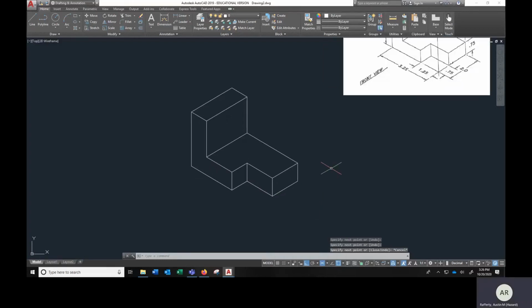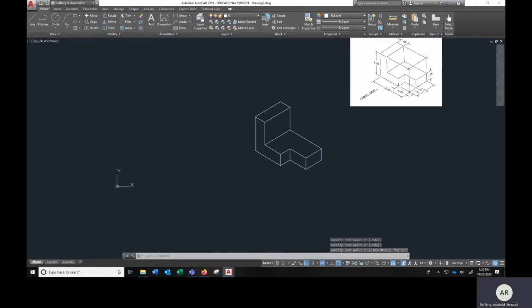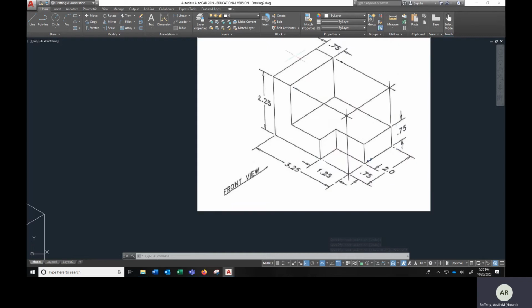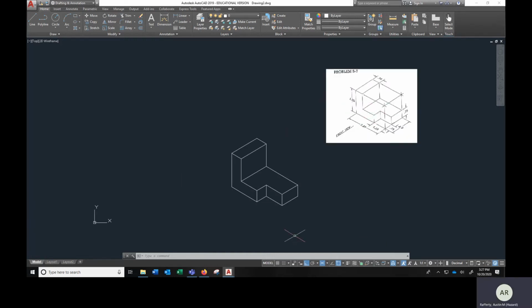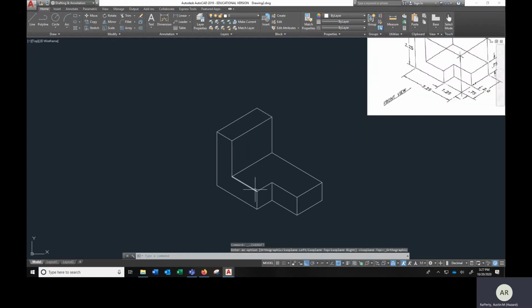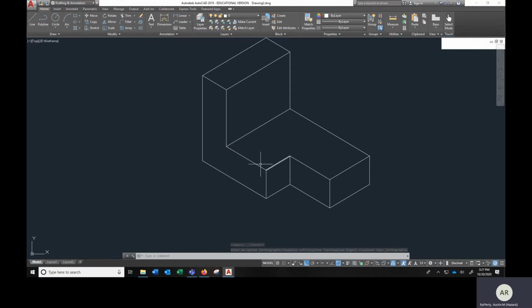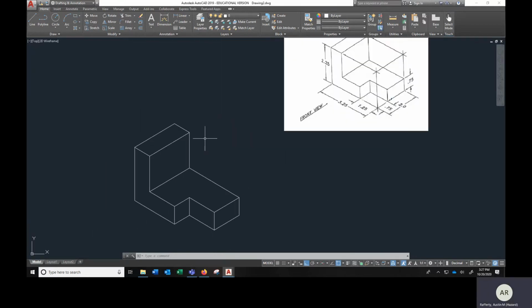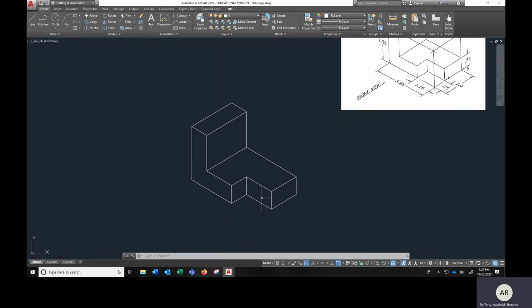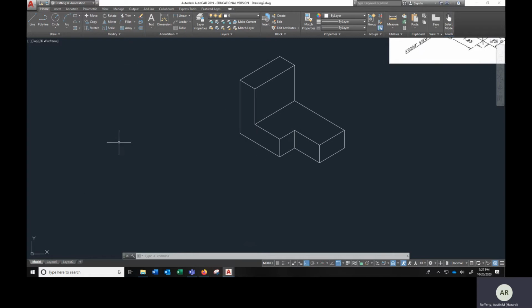Okay, so there's my object, right? We'll use this for referencing. You'll have this. It's got all the dimensions, but I want to be able to point to different areas, okay? So what's happening, guys, if I look at my front view of this object,